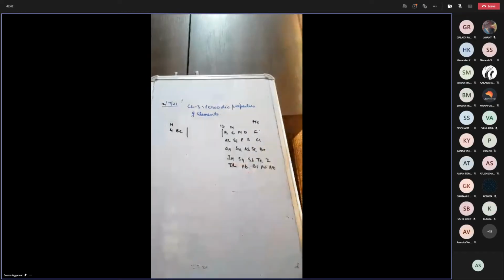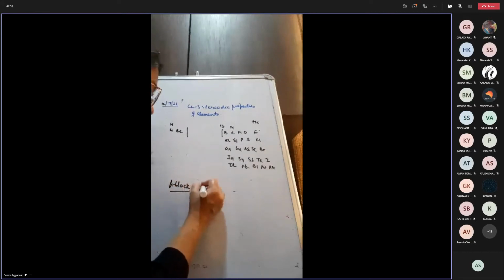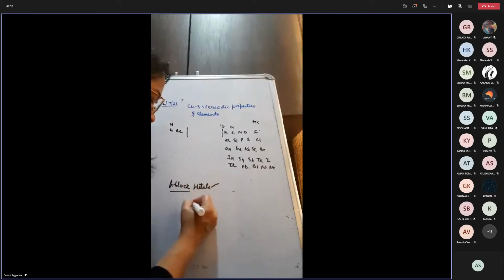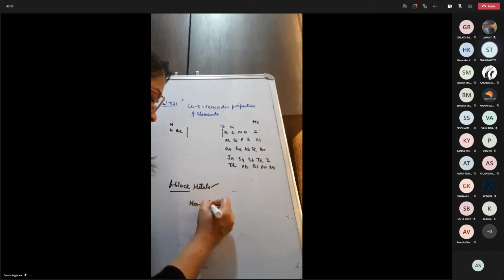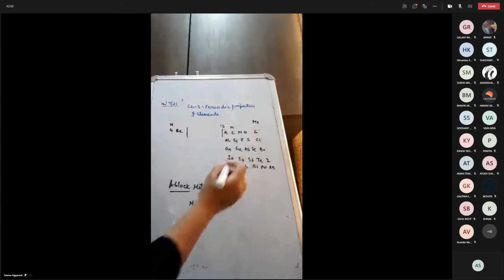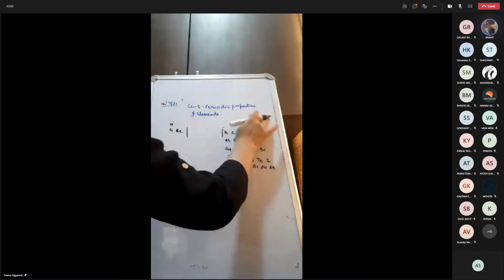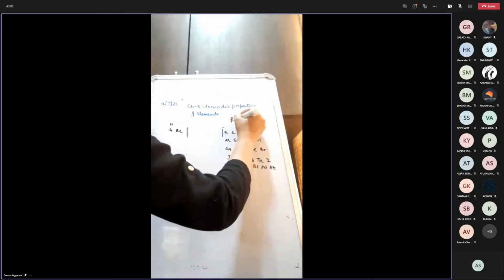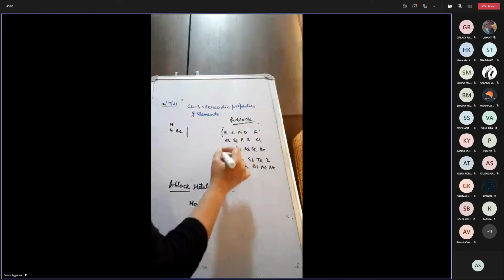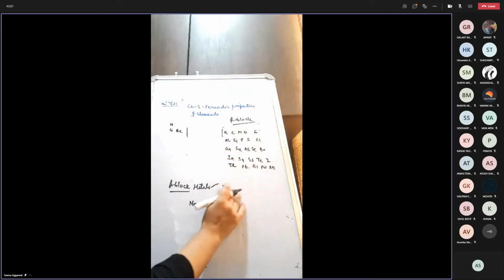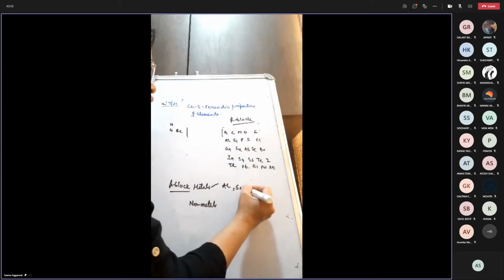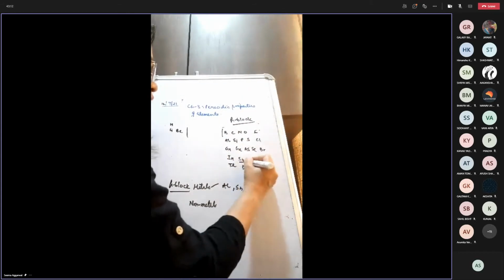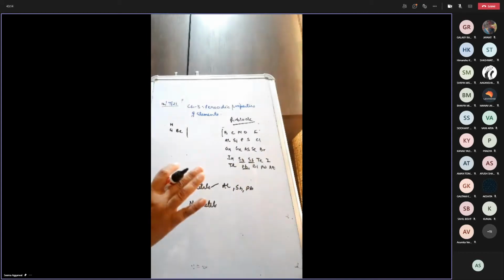Now, in the case of P block elements, I have told you that P block elements contain metals. Can you name few metals from the P block elements? Zinc. Ma'am, aluminium. Aluminium, carbon, nitrogen. So metals are aluminium, tin, lead. All these are metals. Tin, lead, antimony. All these are my metals in general.